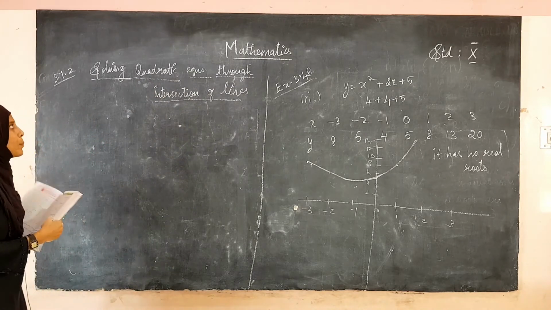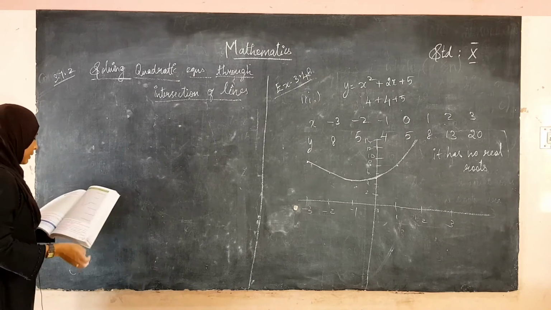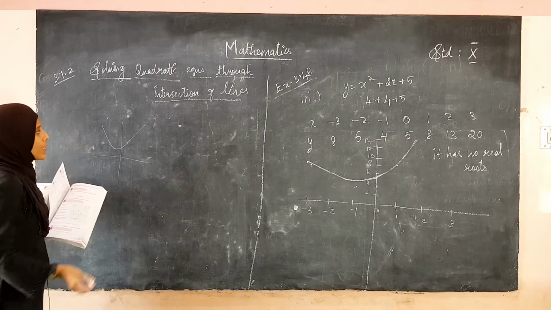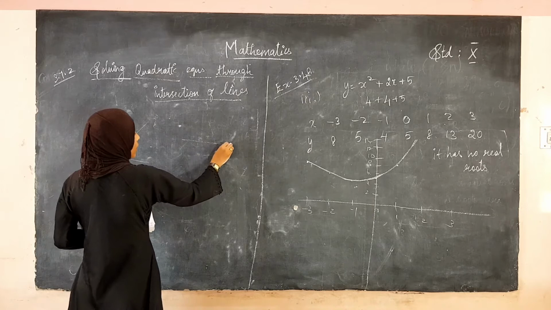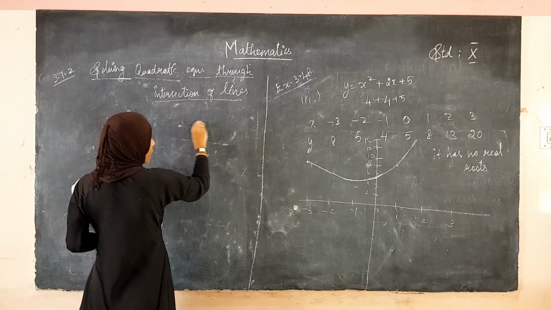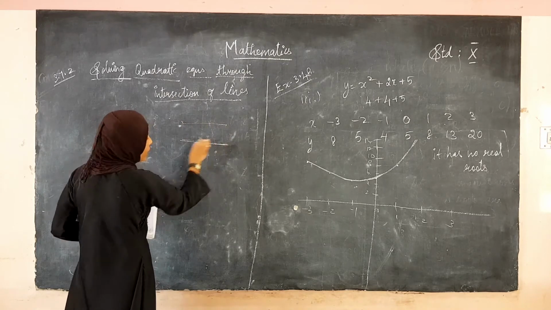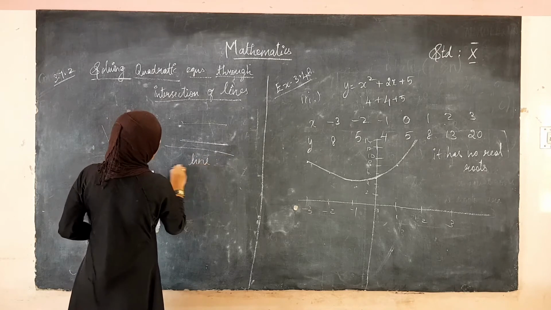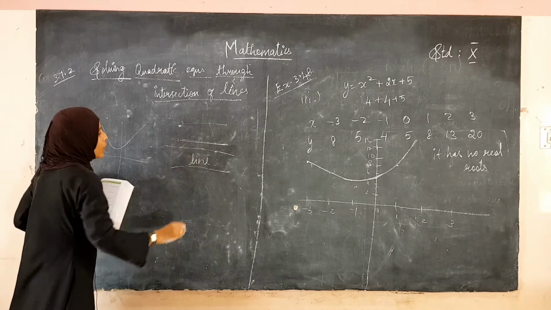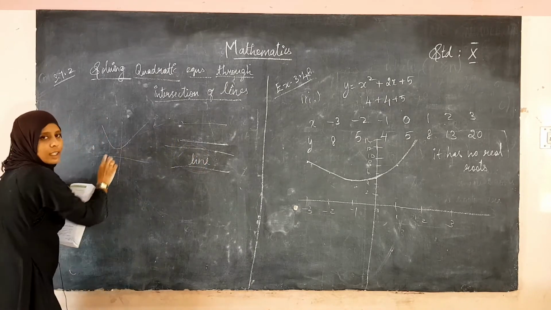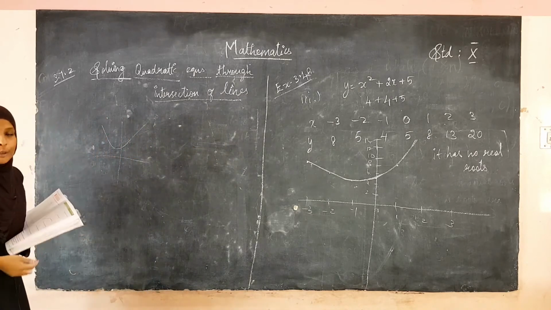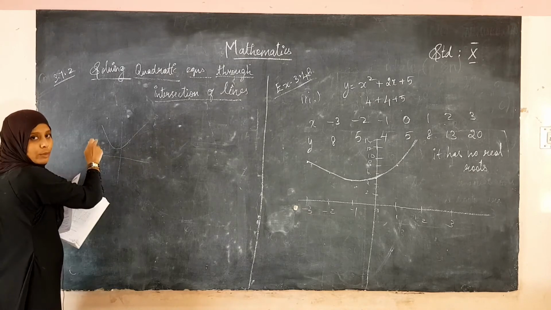At first, in a graph you have to draw the parabola of the given quadratic equation. Then another equation will be given. With the given quadratic equation you have to solve the second equation. After solving you will get the equation of a line. Then you have to draw the graph of the line in the same graph. After this we are going to find the nature of the roots of the given equation.